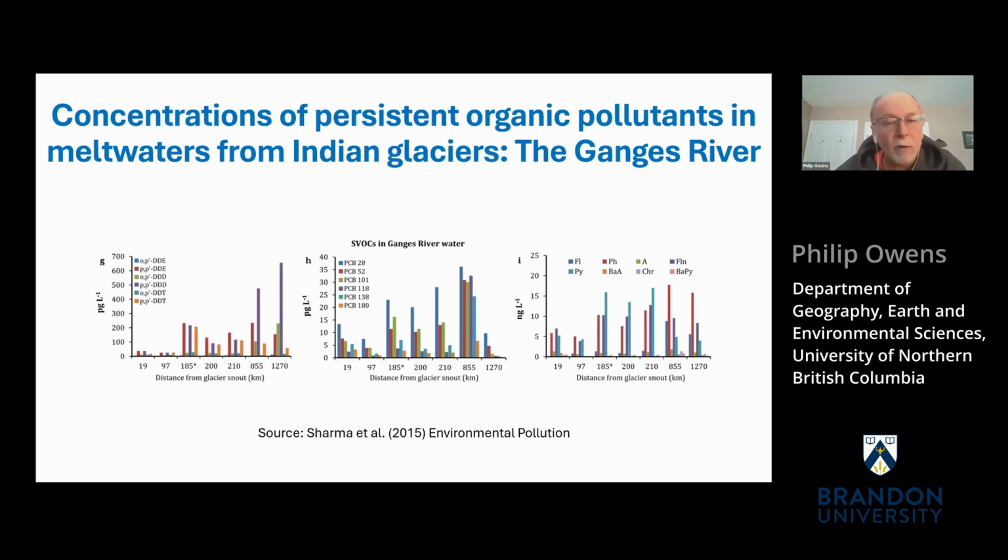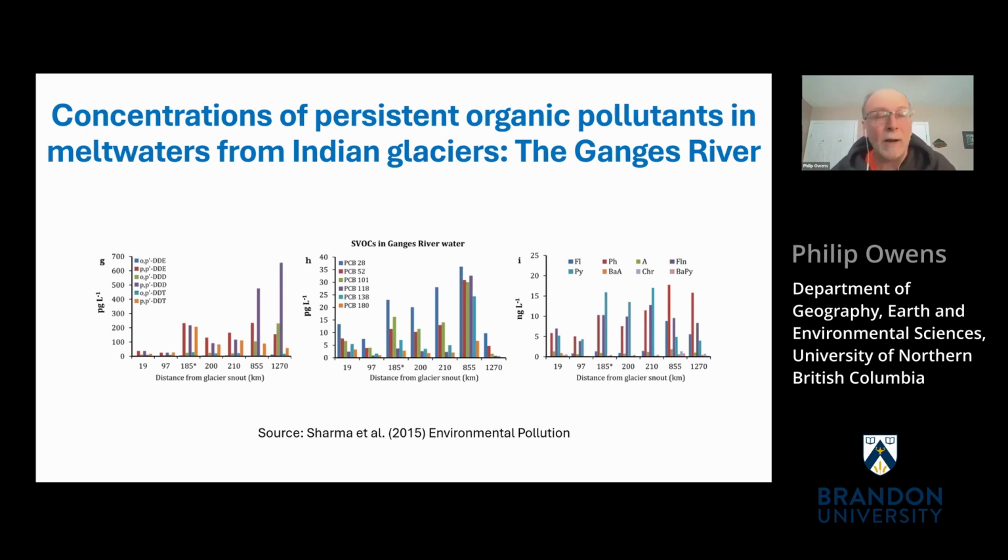And the graph shows concentrations of these different contaminants as we go away from the glacial snout. And in some cases, we're going well over 1,000 kilometers away. And although the concentrations are going up the further you go away from the glacial snout, that's not surprising, because